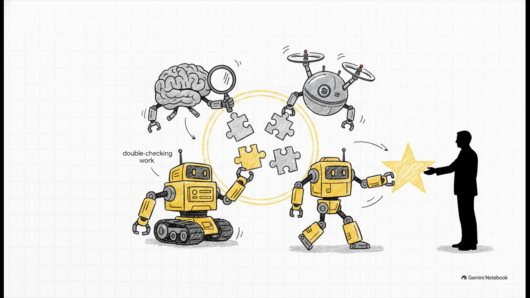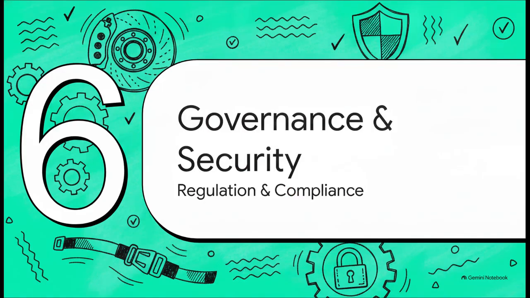But the focus in the industry is rapidly shifting. We're moving way past just using single, isolated AI tools and stepping into the era of autonomous, multi-agent systems and AI co-pilots. Thanks to really tight delegation and handoff protocols, we now have multiple AI agents that can actually collaborate with each other. They can double-check each other's work and automate wildly complex workflows entirely on their own, personalizing the whole experience directly for the user. It's pretty mind-blowing. Which leads us to our final and arguably most important stop, Section 6, Governance, Security, and Regulation.